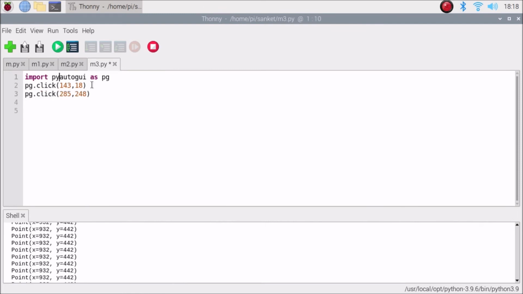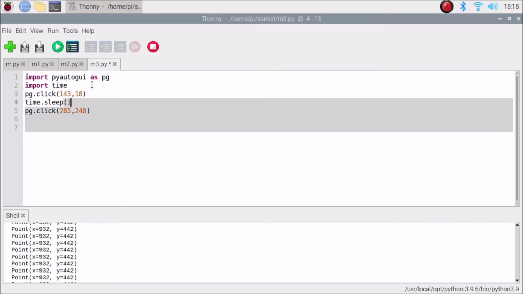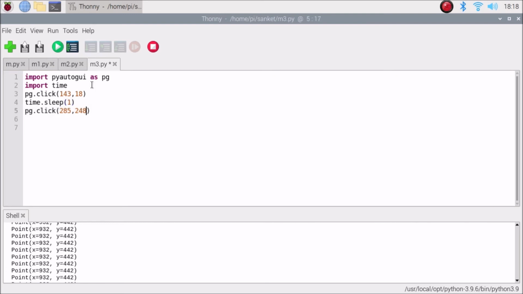That's it. And now this time we are going to mention here our time. So import time, and here we are going to mention time.sleep. Okay, and here also we are going to mention time.sleep.